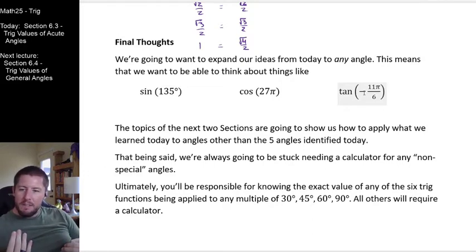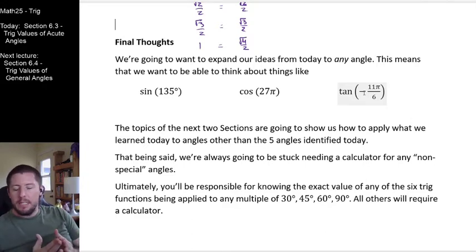In a sense, we alter the definitions, but we're going to retain all of our same old values while still getting it to make sense for some new values here, right? Now, while this is greatly increasing the number of angles for which we can compute sine, cosine, tangent, secant, cosecant, cotangent, it's still going to be the case that you're going to have to use a calculator for any of